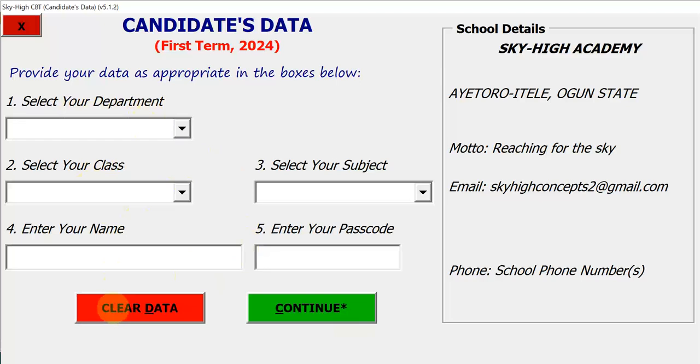There are 3 steps to do for the admin. The candidate will normally enter their details here and click continue to proceed to the exam, which shows the next page. Then to show the other page for the admin, there are 3 steps to follow. The red button and the green button are the first 2 steps. The admin clicks this clear data button, which is the red button. Click it once, alright. It clicks the continue button also,